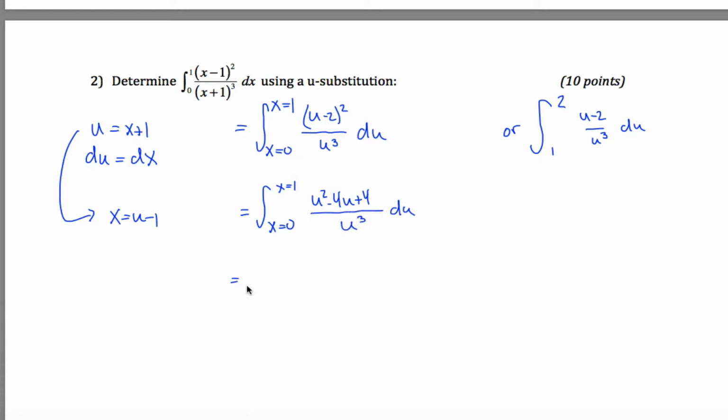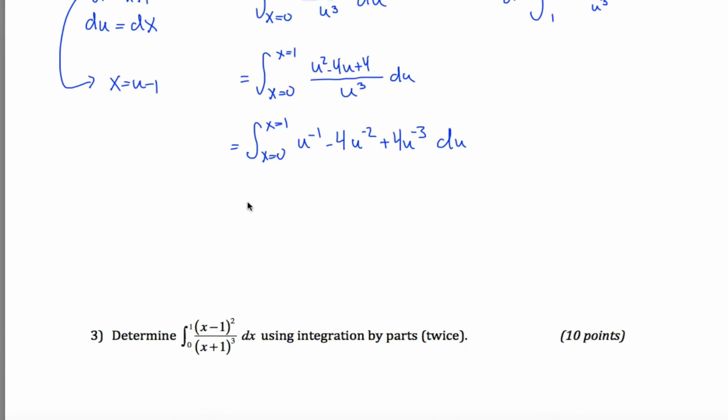And why does that help? Because I can think about this as u squared over u, which is u to the negative 1 power, minus 4u over u cubed, which is negative 4u to the negative 2 power, plus 4u to the negative 3rd power du. And the nice thing about thinking about it like this